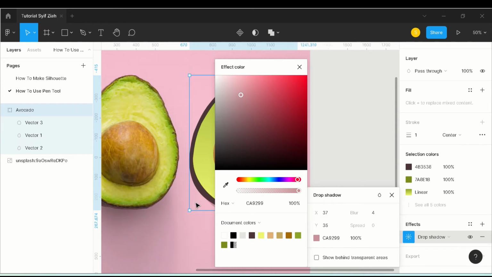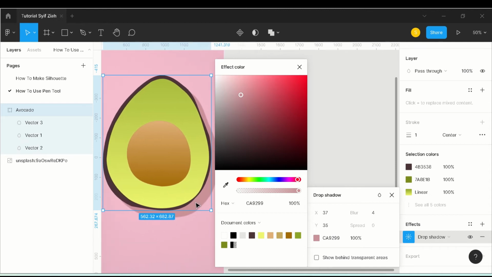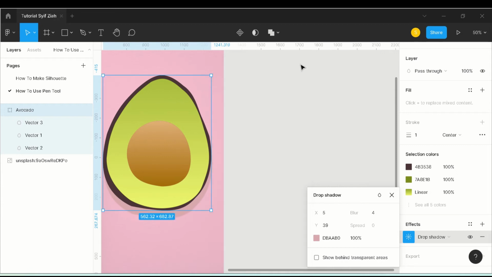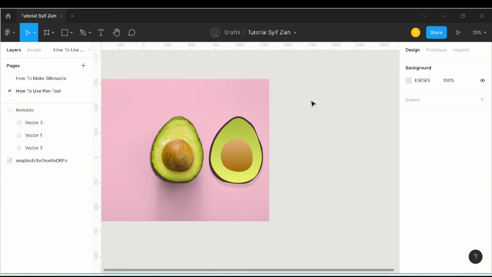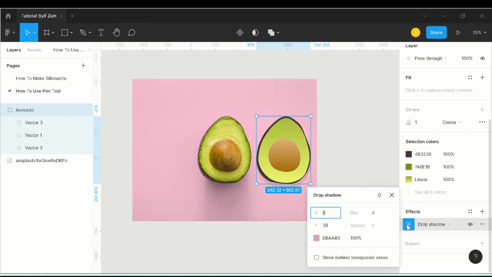Just as your art, if it's not really the same as the real one, it's okay. I'm trying to make it so that we can.